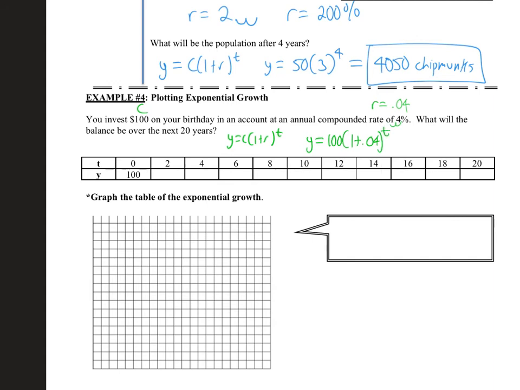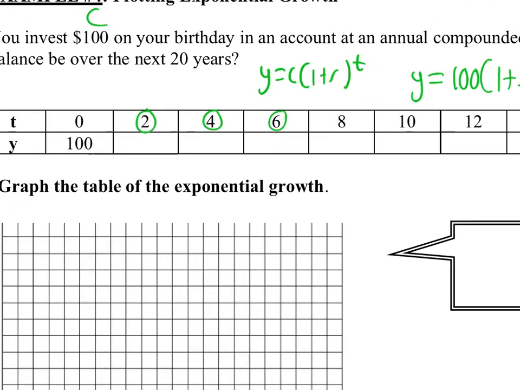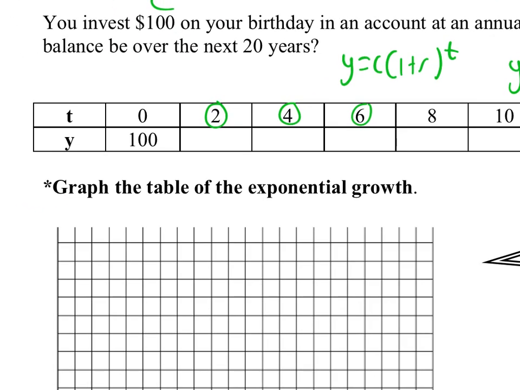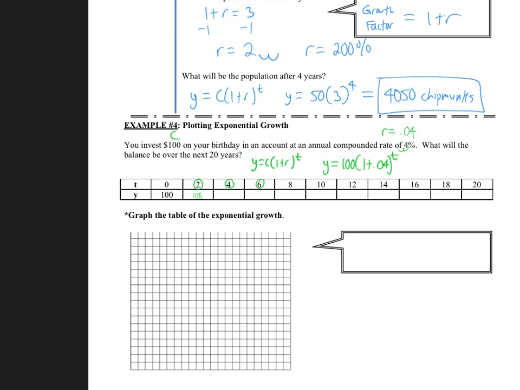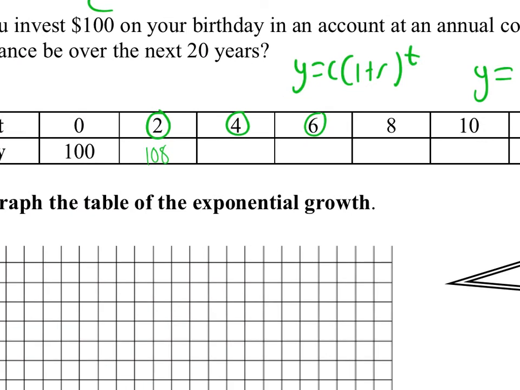Okay, and then you would plug in for T these numbers. You'd plug in 2, and then 4, and then 6, okay? So make sure you try that for a couple of them to make sure you get the idea down, but here's the answers you should have gotten. You should have gotten 108. You can pause the video if you want to try to fill these out yourself. Give them a try. So we had 108, we had 117,